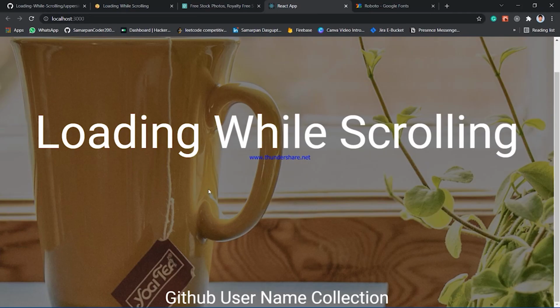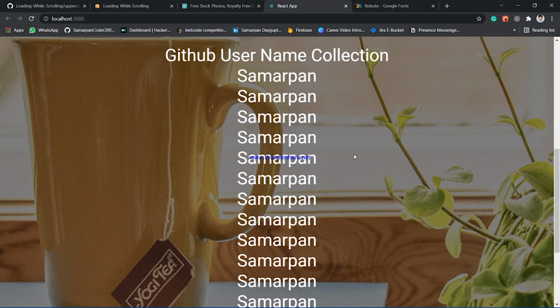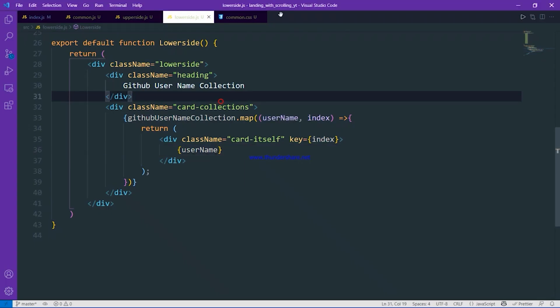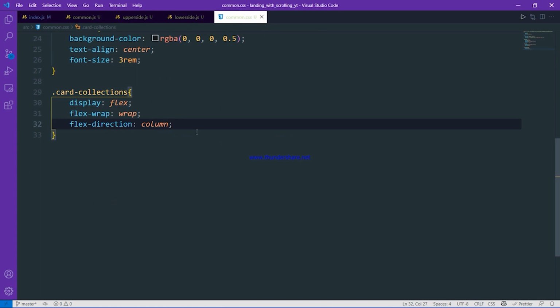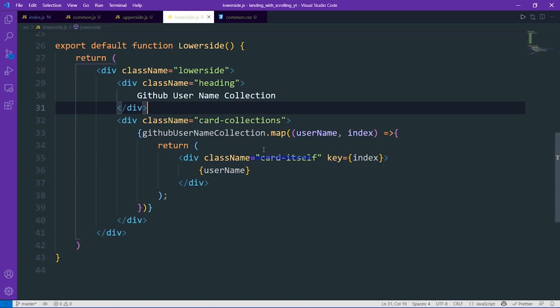Let's see. It is showing in a bad manner, but we have to improve it. So for card itself,